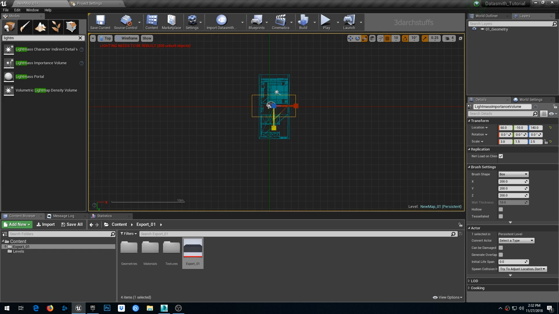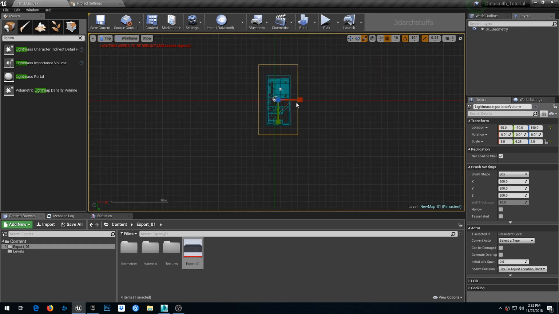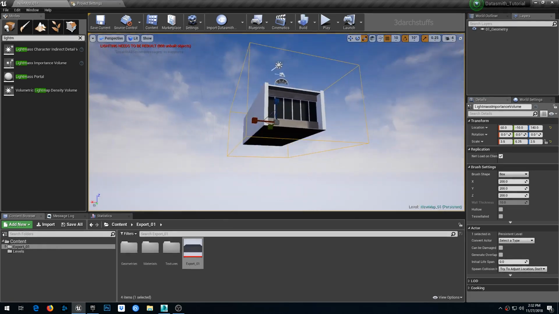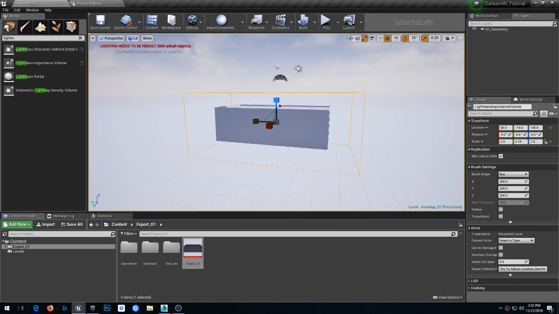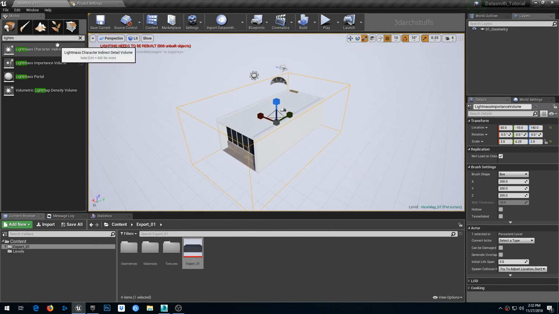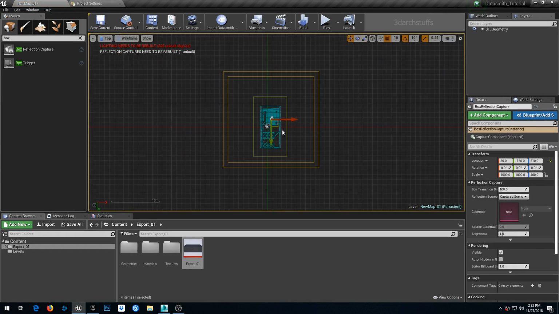Use all the views, top view, front view, and left view, to scale this importance volume. This is the front view, and then in top view and in perspective, as I can see, all the objects are inside this Lightmass importance volume. Then go ahead and select the box reflection capture, and then just go ahead and